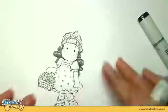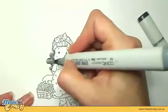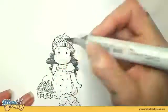Okay. So that's not too bad. Could be a little bit better. I was just worried that my hand was going to get in the way. For her fringe,